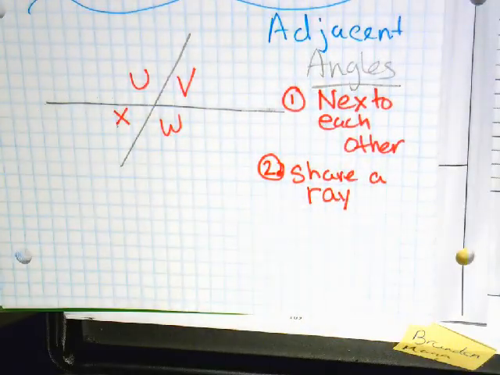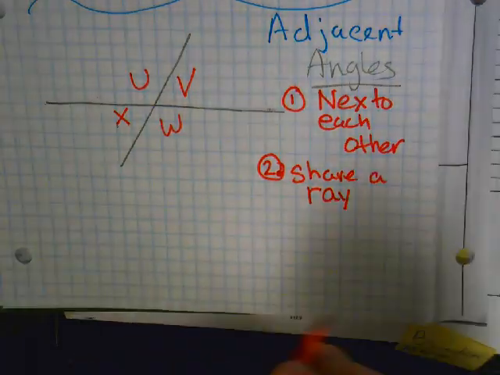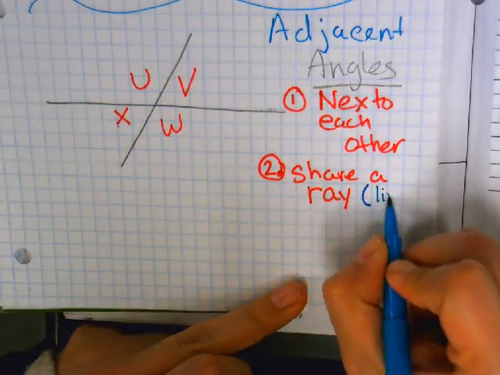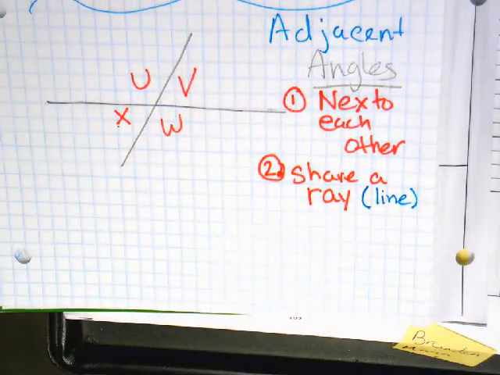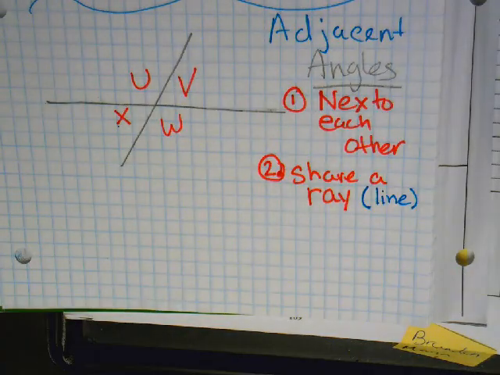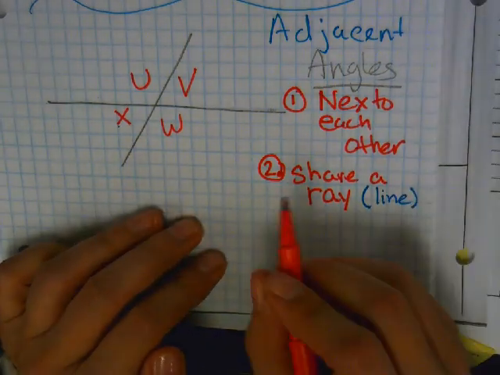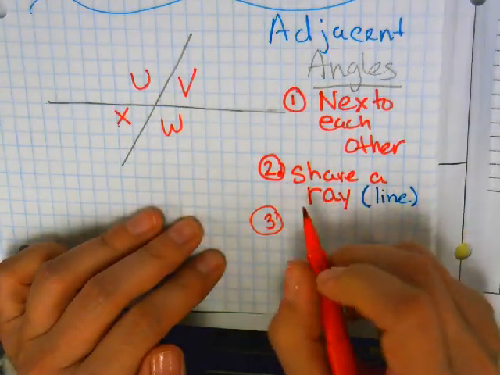Okay, ray. I've never used the word ray before in this class. Ray is a fancy word for a line. So in elementary school, we called it a line. In geometry, high school, 7th grade, we call it a ray. We're just trying to be special. You know, math people are very special. Okay. The last thing they do is they share